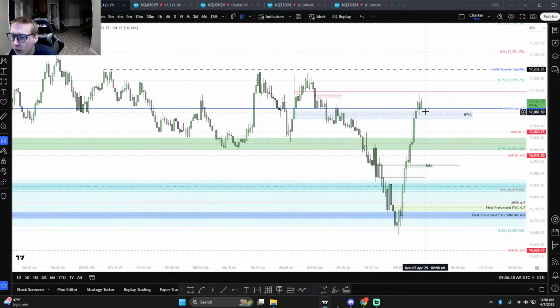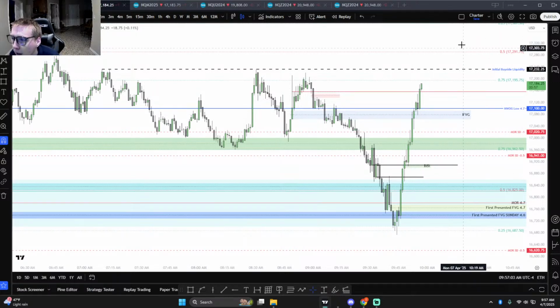Look at that constant encroachment level. Another partial. This 0.5 level is